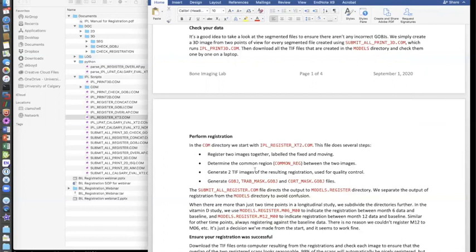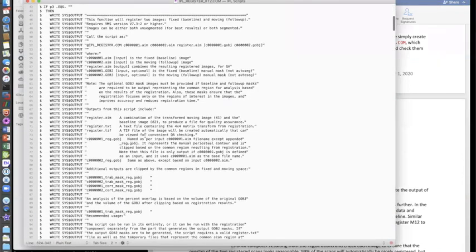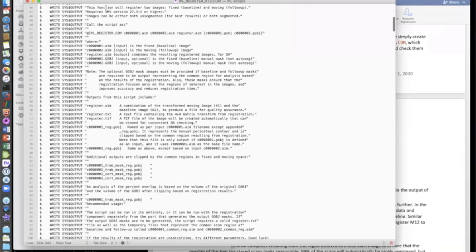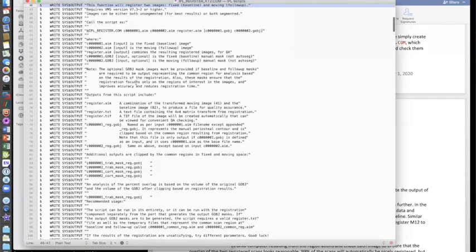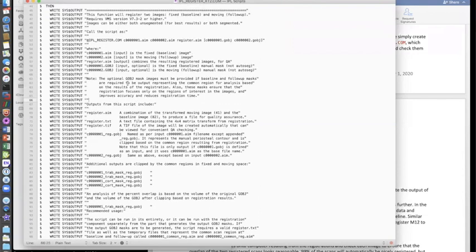In every script, I try to have a little bit of information about how to use the file. If you run this on the IPL system, on the Scanco system, without any arguments, it'll just regurgitate all this information, so you can just read it straight into the text. And it's basically saying,